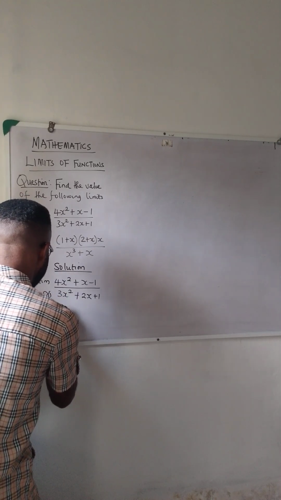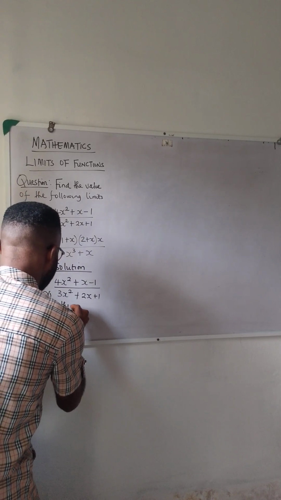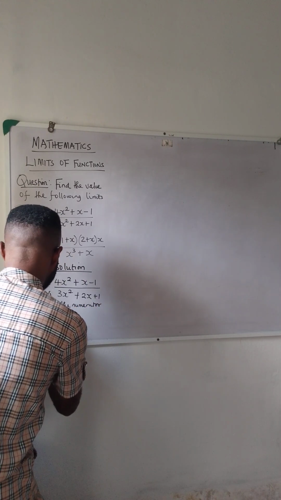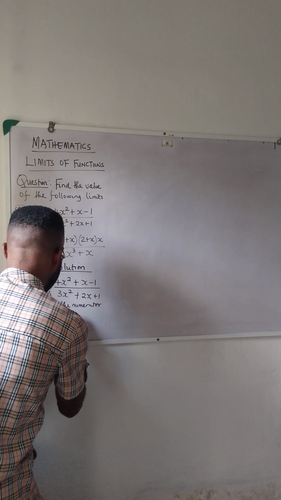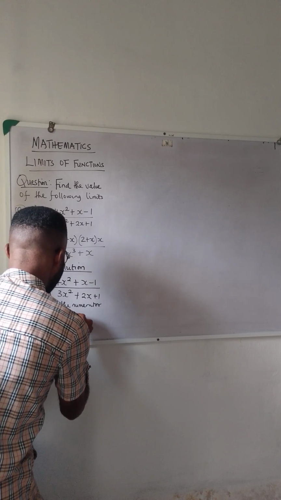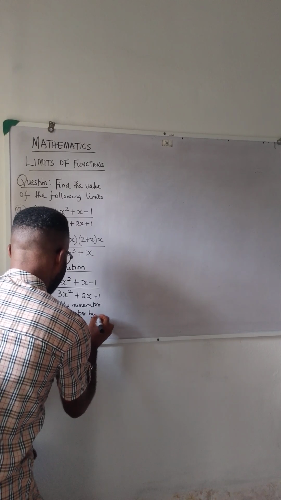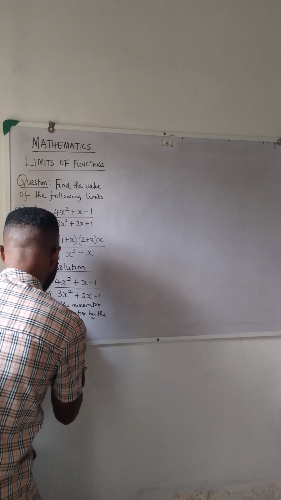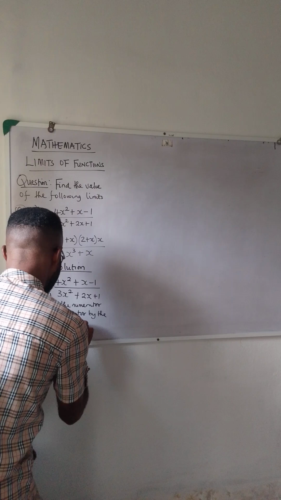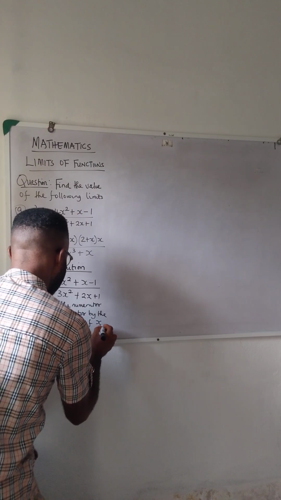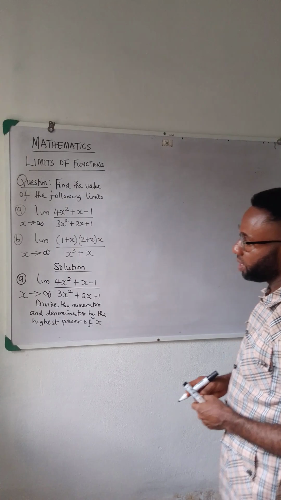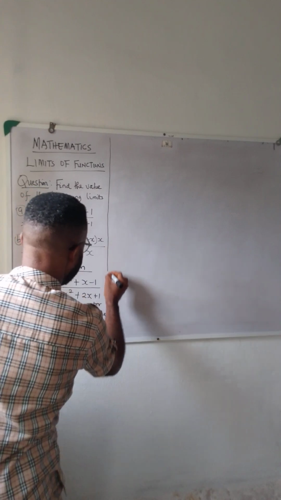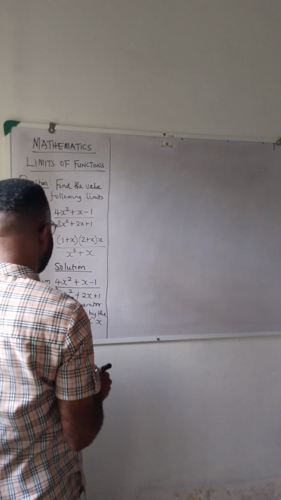From the question, we can see that the highest power of x is x squared. So implementing that mathematical statement, we are going to have